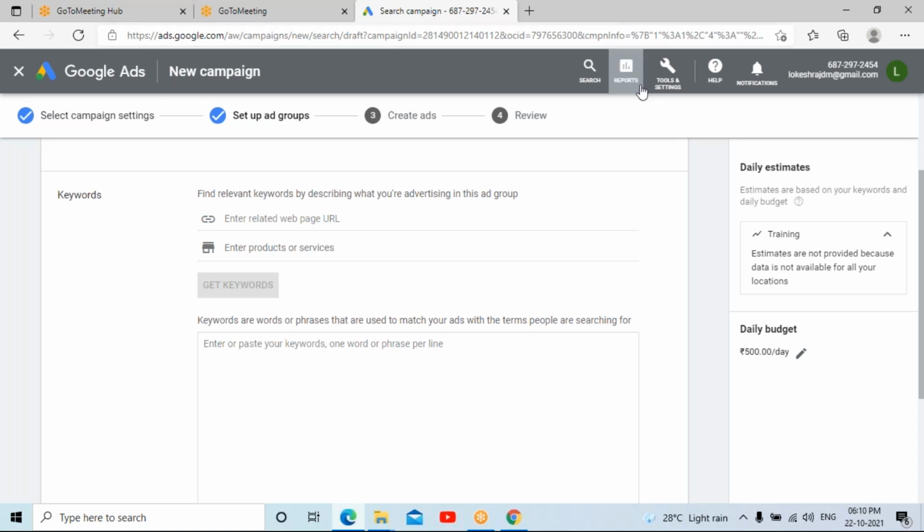Here you can see on the top menu bar search, reports, tools and settings. Click on tools and settings.